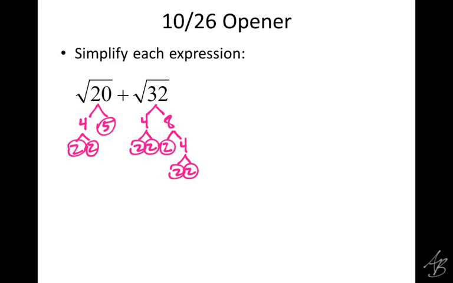We're going to rewrite it. Again, when we rewrite it, we want to put that equal sign. And some people get this mixed up with multiplying because we've also done multiplying now. When we multiply, we can put them all together in one square root, but we need to make sure we don't do that here because they're separated with that plus. We have 2 separate terms. We can only combine those if they're like terms. So we're going to rewrite each one on its own. So instead of the square root of 20, we have square root of 2 times 5. And then instead of the square root of 32, we've got